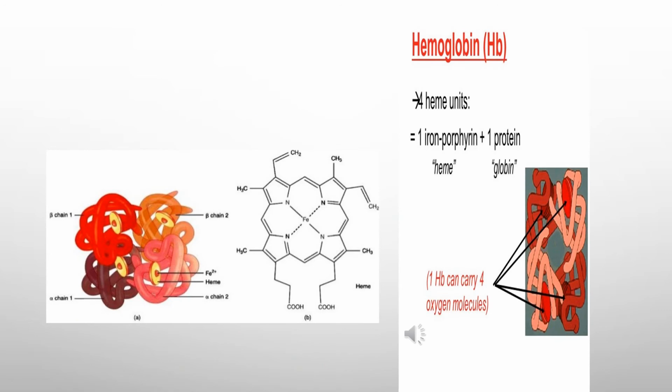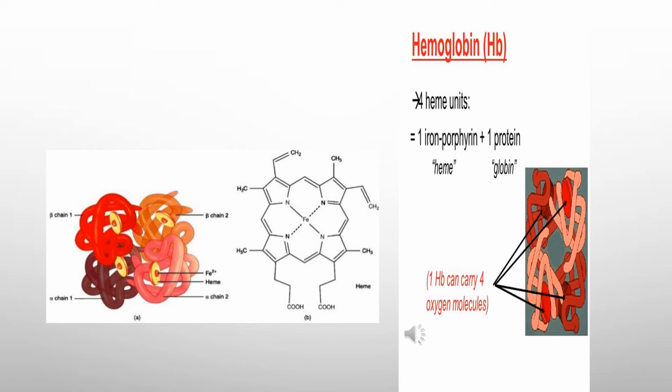Now we will see the diagram of a hemoglobin molecule. This hemoglobin molecule is made up of two parts. The first one is the heme part and the second is the globin part. In the globin part four chains are present. Two are alpha chains and two are beta chains. And each chain is attached to a heme group. Now this heme group of hemoglobin is made up of an Fe2+ ion and the four